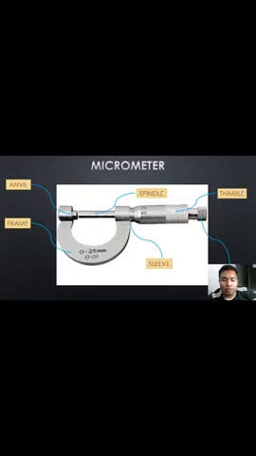Number 4, rotate the thimble until the block gauge is firmly held between the anvil and the spindle. Number 5, read the main scale and the rotating scale, then combine both values. Number 6, record the reading. And number 7, repeat steps 1 to 6 for 3 times, like we usually do, to create